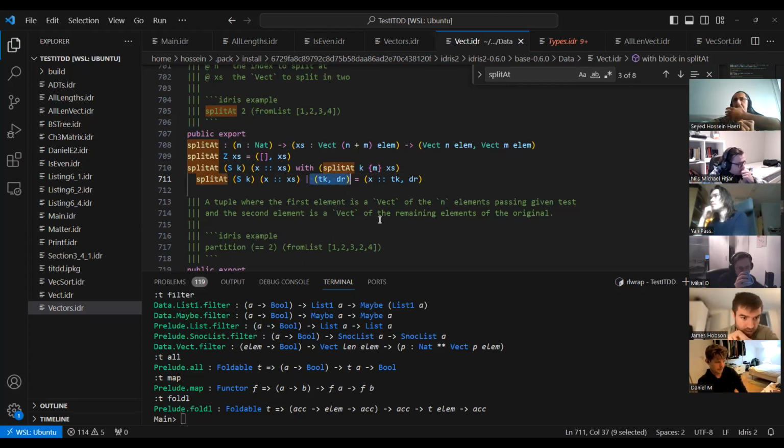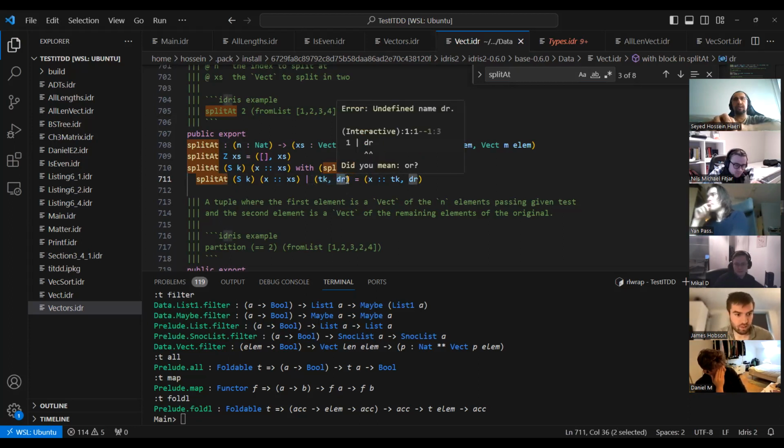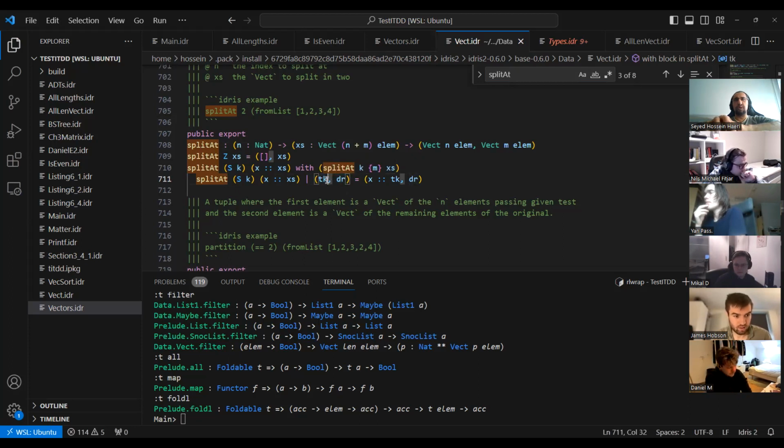Right. With the rest of the elements. Yeah. So DR is the kind of the remainder. Yes. Right. The remainder. Yeah. So delta R, I guess. Yeah. So you see,